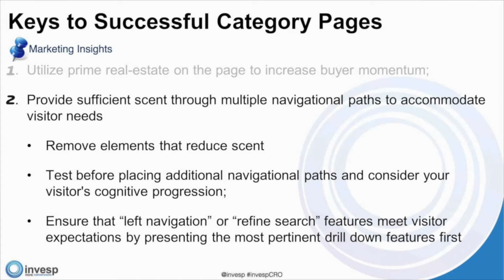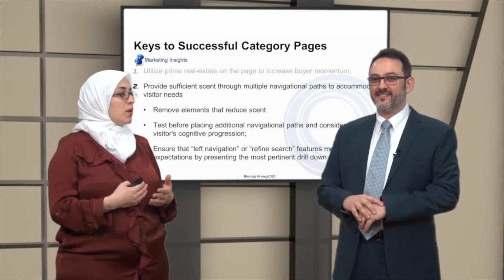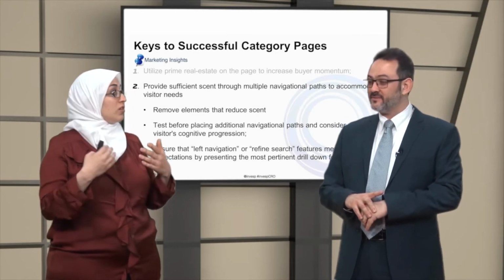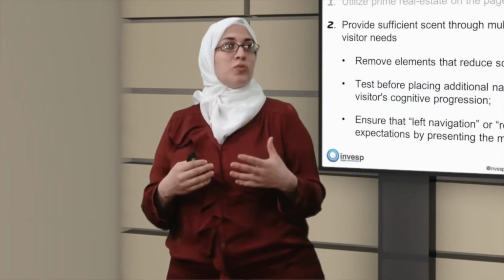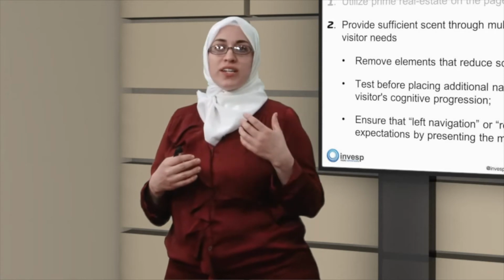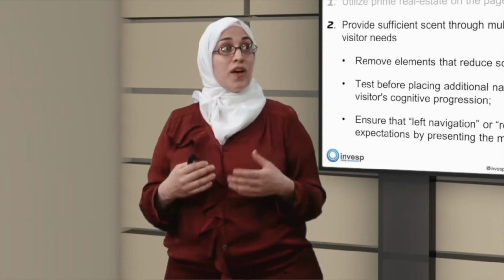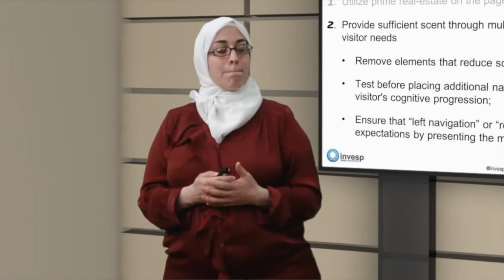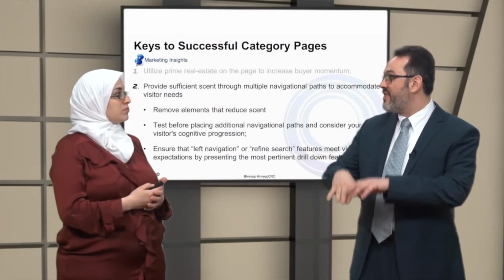Ensure that the left navigation or the refined search features meet the visitor expectation by presenting the most pertinent drill down feature first. Can you explain this a little bit more? It's a bit wordy. Consider, for example, any website: a lot of times they have lots of different products, lots of different options. You want to make sure that you test which options are most important. Is it price? Is it a breakdown by color? Is it a breakdown by size? Whatever it is, you have to consider all of those factors and test with them to see what works best. The features that visitors usually use on that particular category within that particular website are the ones that we should display to the visitor first,